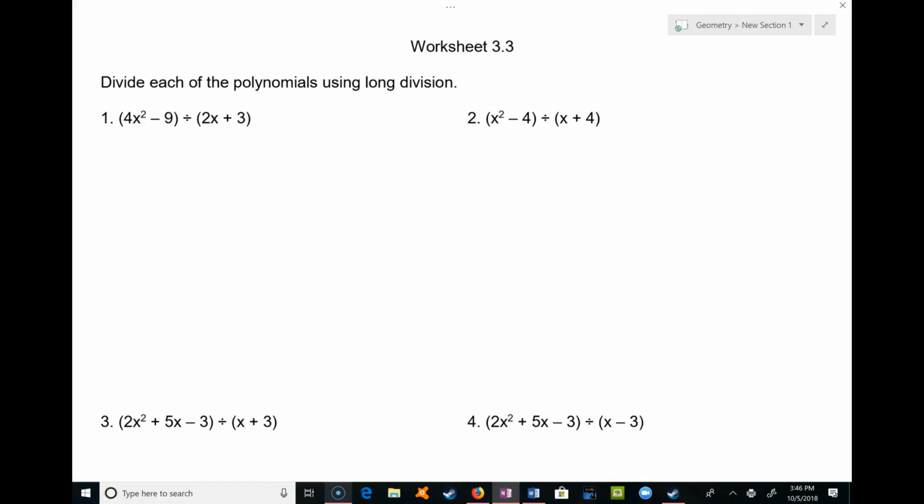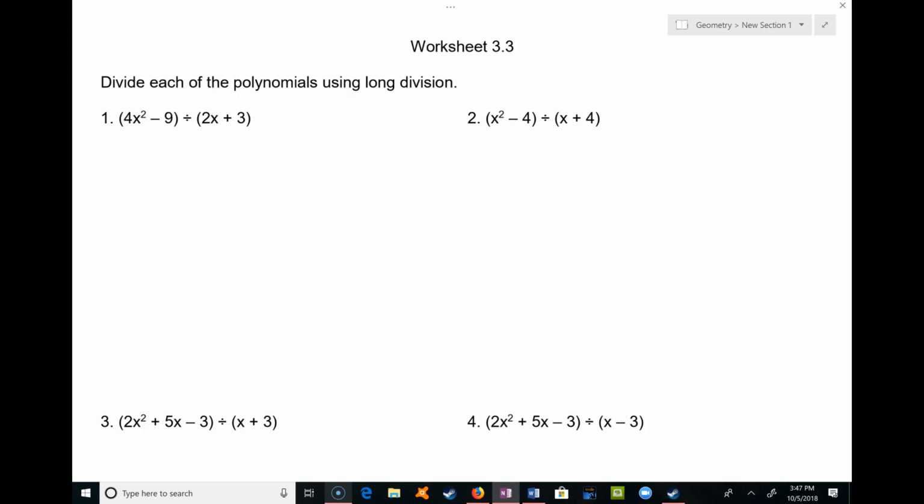Hello, this is a video on polynomial long division. The worksheet I just posted on Canvas not too long ago, so you could download the worksheet and try to follow along with me. So here we go. This is when you're trying to divide a polynomial by a polynomial, and there's no